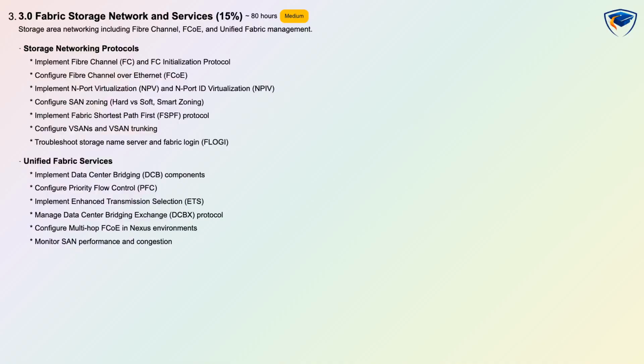3.0 Fabric Storage Network and Services represents 15%, is medium difficulty, estimated 80 hours, and scenario-based. Expect to learn Fibre Channel basics and the FC initialization process, FCoE operation and configuration, plus NPV and NPIV virtualization techniques. SAN management topics include VSANs and trunking, SAN zoning, and FSPF routing for storage fabrics along with FLOGI troubleshooting. You will also study data center bridging features like PFC, ETS and DCBX and how to monitor storage performance and